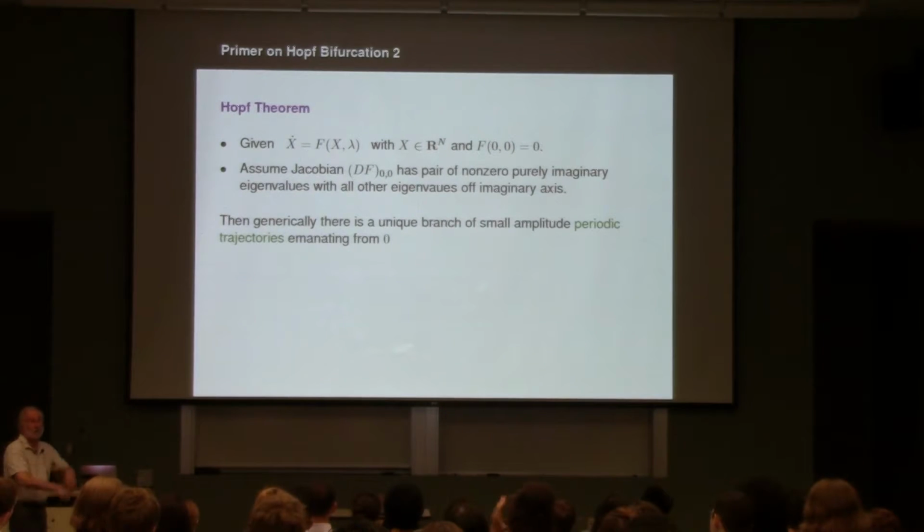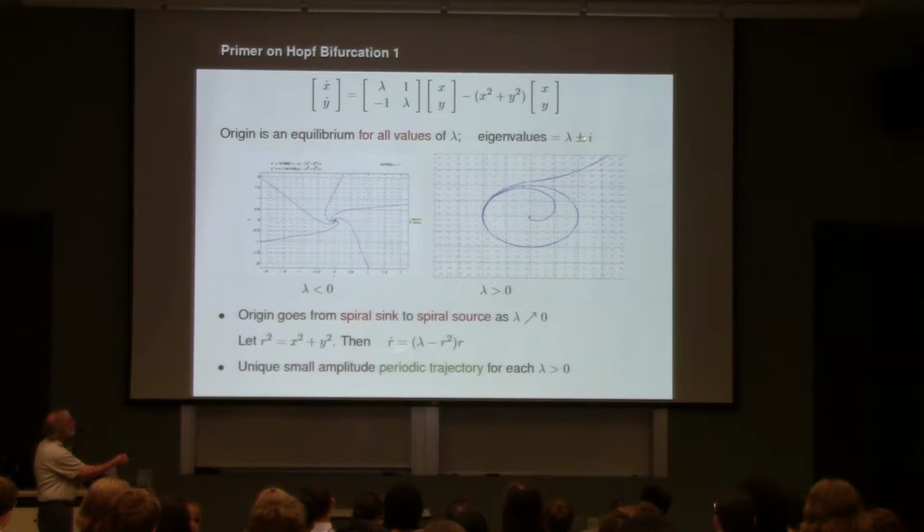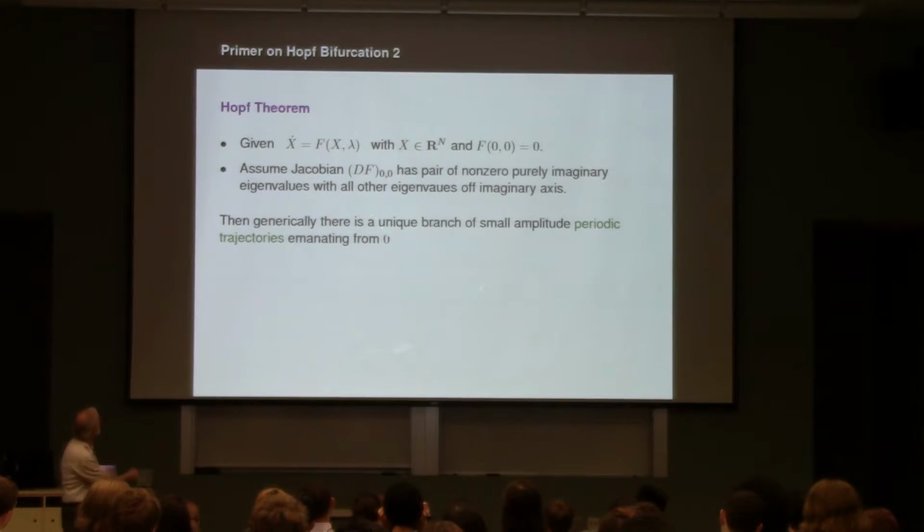Suppose the Jacobian matrix, so this big n by n matrix, has a unique pair of non-zero, purely imaginary eigenvalues. Well, in this case, the eigenvalues were 0 plus or minus i, so it has purely imaginary eigenvalues. And all of the other eigenvalues are off of the imaginary axis. Then the theorem is, generically, there's going to be a unique branch of small amplitude periodic solutions that emanate from the origin. So in short, that very simple equation is mimicked in many dimensions as long as you know something